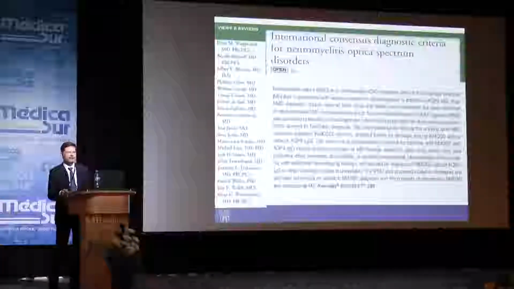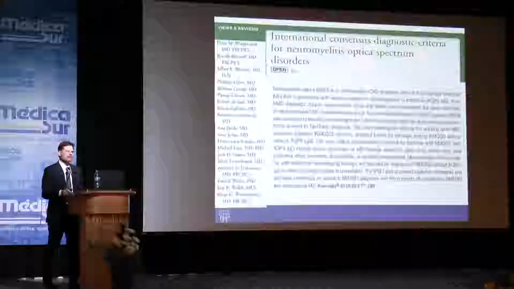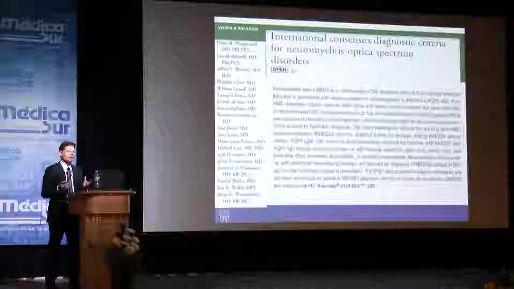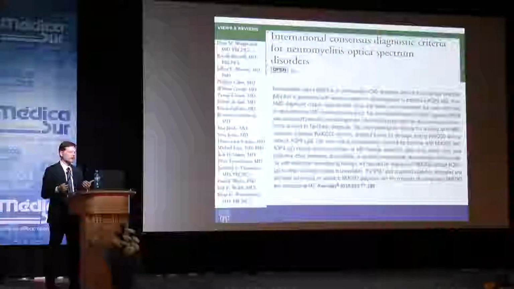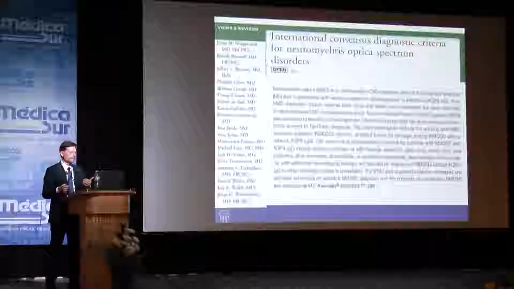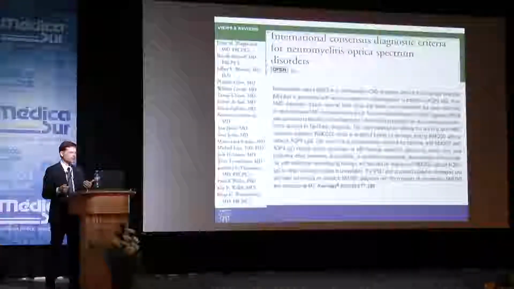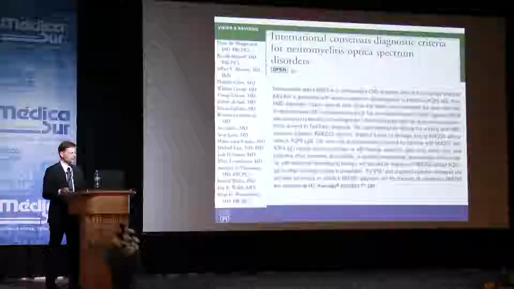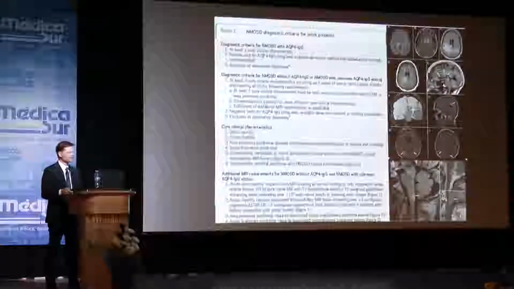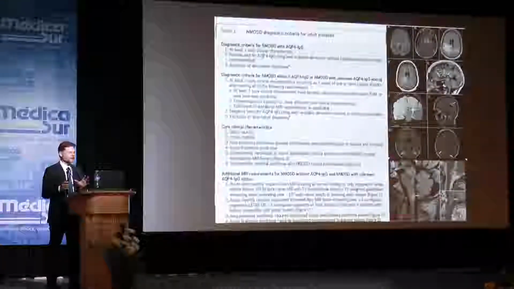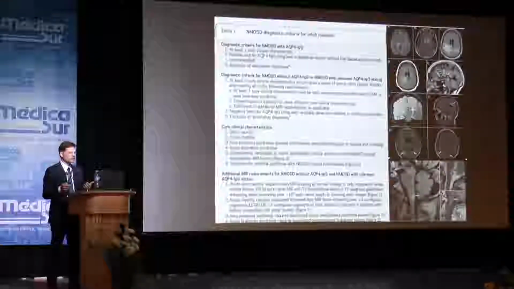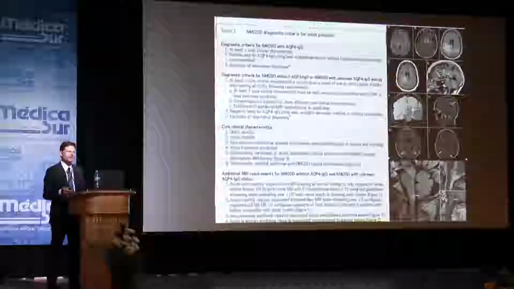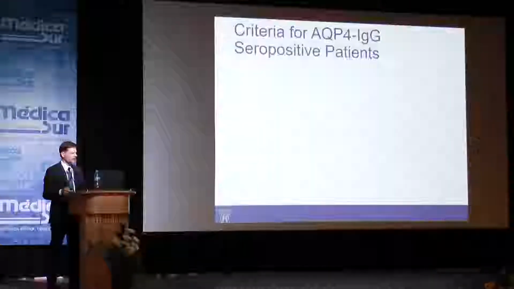In 2015, an international group published consensus diagnostic criteria for NMO spectrum disorder. And this was a years-long effort to try to bring together all that was known about the clinical, the laboratory, the serological studies associated with the disease, and the pathology and imaging into one set of diagnostic criteria. And this paper in Neurology, I think, does a reasonable job of summarizing this for clinicians. It looks complicated, and it is indeed more complex than the old diagnostic criteria that date back to 2010, but I think it's still manageable.